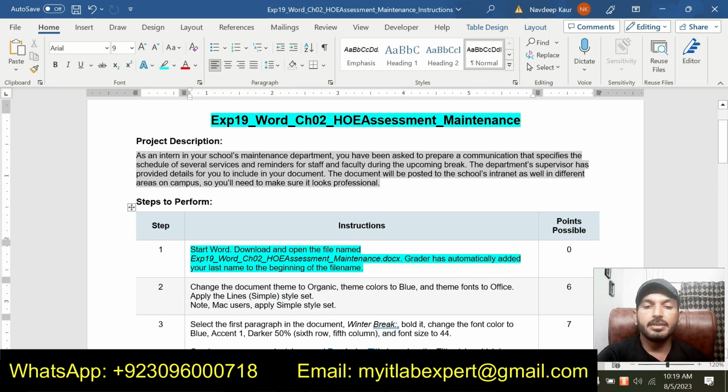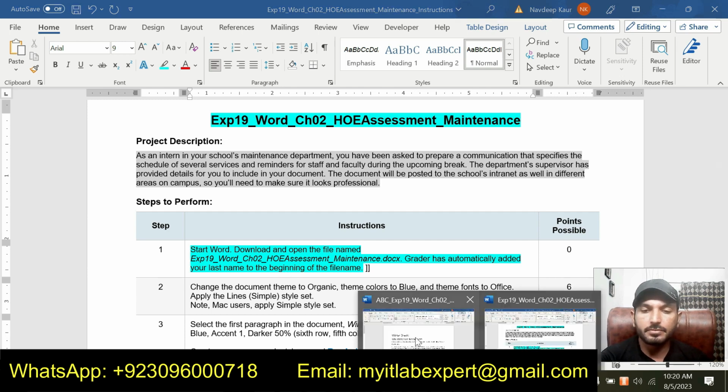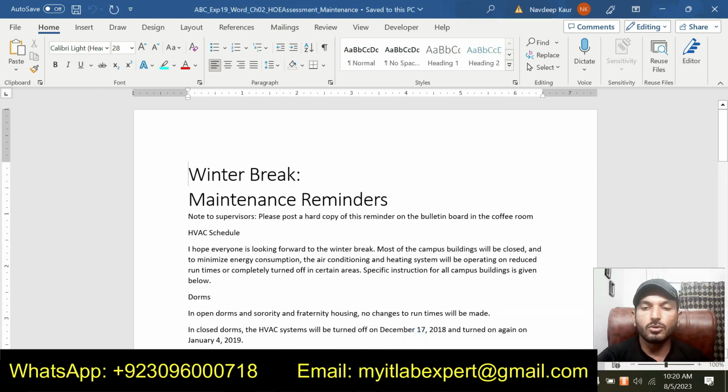Step number 1 is start Word, download and open the file named EXP19 Word Chapter 2 Hands-on Exercise Assessment Maintenance. Creator has automatically added your last name to the beginning of the file name. So basically we are supposed to download the Word file. I have already downloaded this Word file and you can download it from your My IT Lab dashboard or Pearson dashboard.